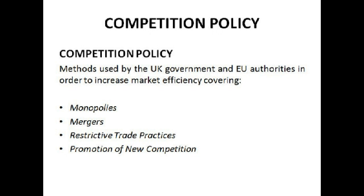Imperfect markets, so markets that contain monopolies or oligopolies, tend to be considered productively or allocatively inefficient because they're not necessarily reducing their costs to the lowest possible level. Technically, this might not be true because monopolistic and oligopolistic firms tend to be more dynamically efficient than those in perfect competition, but for a lot of people we see imperfect competition as not the ideal, which is why